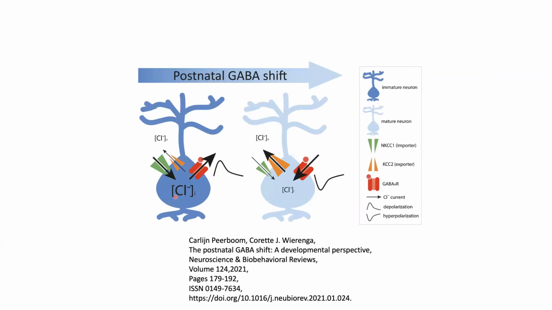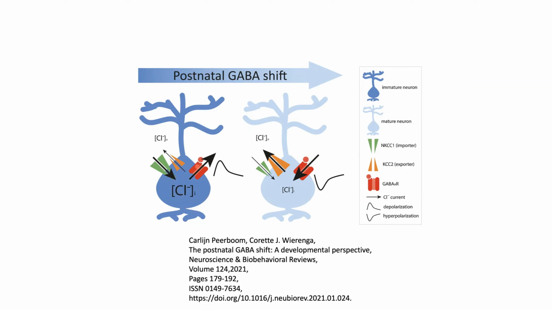So in the newborn period, there is excess chloride influx into the cell because of an importer called the NKCC1 importer. And what has an opposite effect is a KCC2 exporter. So in the newborn period, the number of KCC2 exporters are going to be less and NKCC1 are going to be greater. Hence, the tendency is for increased chloride concentrations inside the cell.